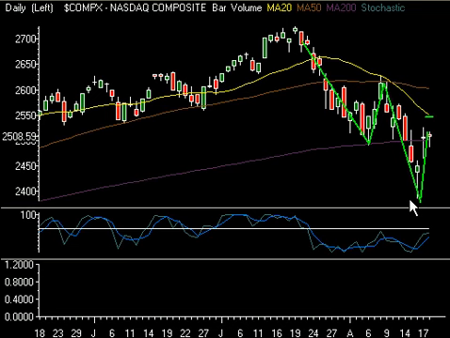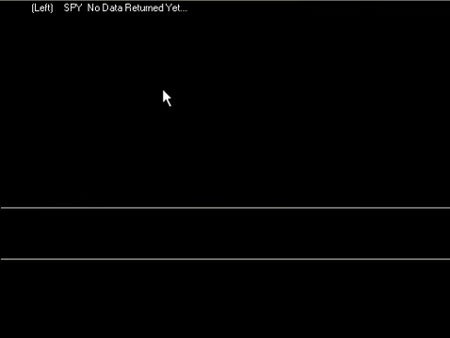We really need small moves up to try and get the stochastics up so they can fall again, because the stochastics are at the point where, yes, they're off their lows, but we want to get them a little higher again, so the next fall is going to be dramatic. And what I really want to tell everyone is, we'll go to the SPY chart for this.